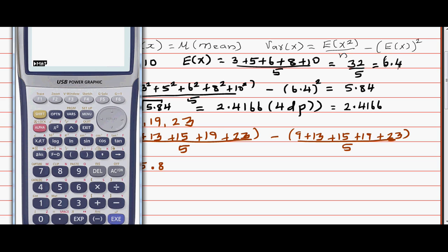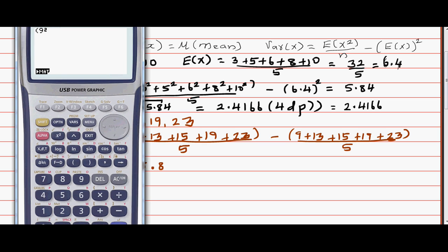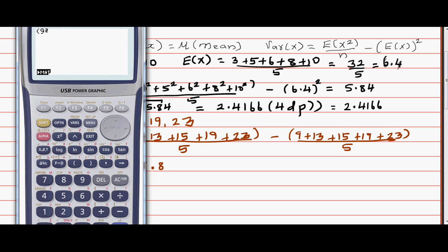Let me put this in the bracket, 9 squared, and bring it down slightly so that you can see the data. 9 squared plus 13 squared plus 15 squared plus 19 squared plus 23 squared. I think I've written a mistake, so you have to square the data divided by the number of data. This is the expected value of x squared minus